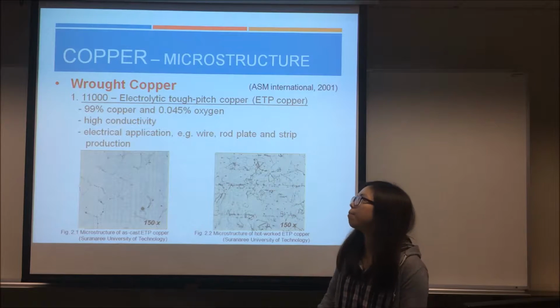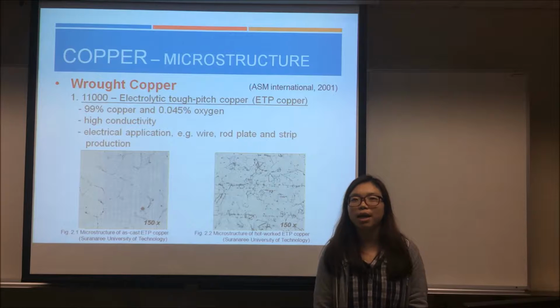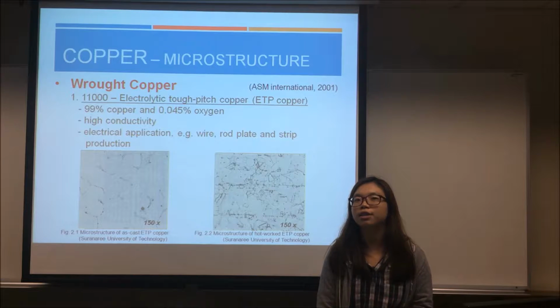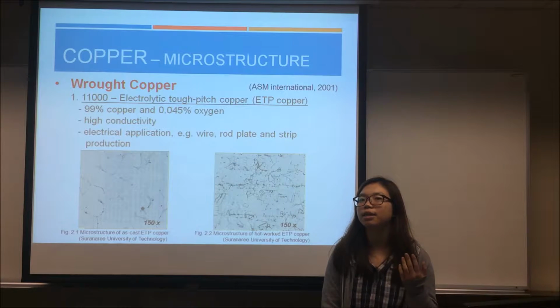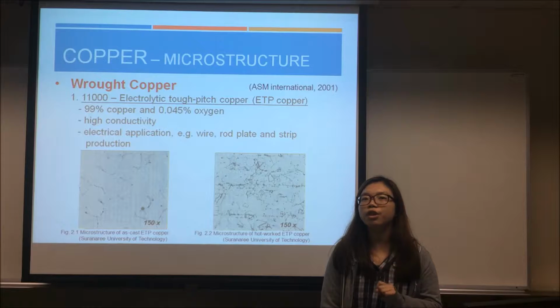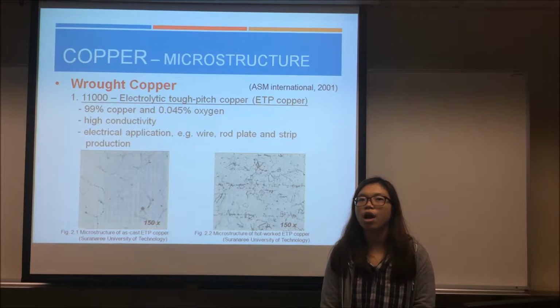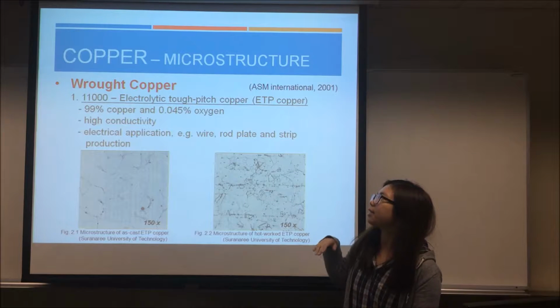Now move to the microstructure. Different physical properties of metals, such as strength, toughness, and corrosion resistance, can be determined from their microstructure. Raw copper refers to unalloyed copper. The first type is